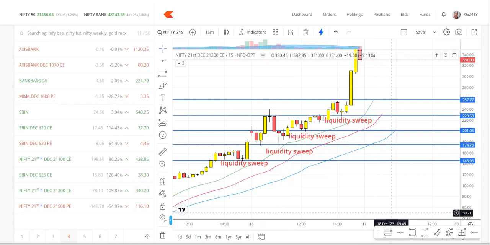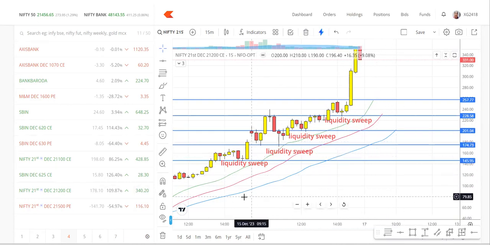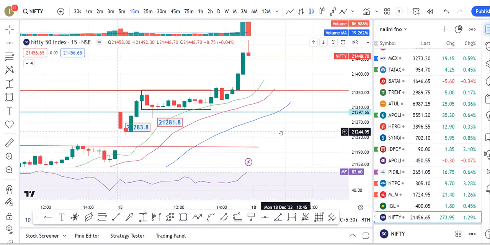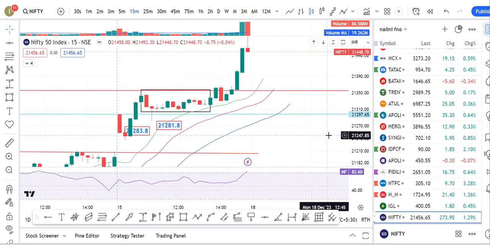And also I use the alligator indicator as my confirmation. The price action which is taking place, the liquidity sweep, is taking place above the moving average. I am on the 15 minutes time frame, as on the index chart. So I'm going to analyze the liquidity sweep day to day on this chart to bring you a profitable, consistent